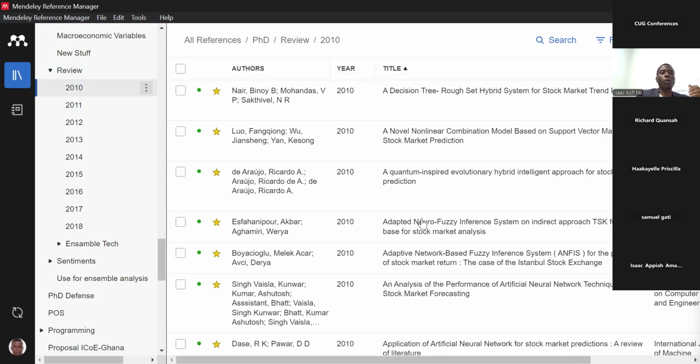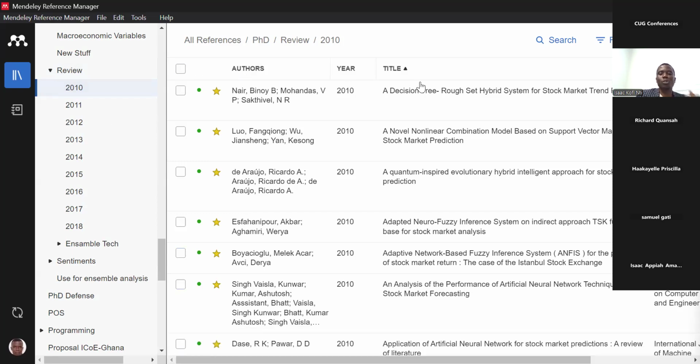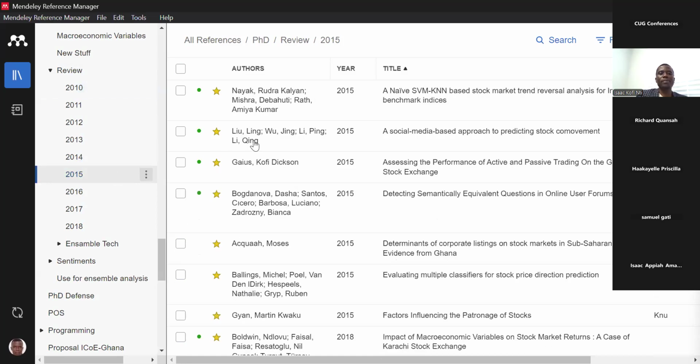And I counted all of them again. Even though when I select this, Mendeley automatically gives me the number of papers. Look at down here. You will see the number of papers indicated here, 24. But I'll count all of them again because I want to be sure. So managing your references is very important. Make sure you organize your document very well. And also,